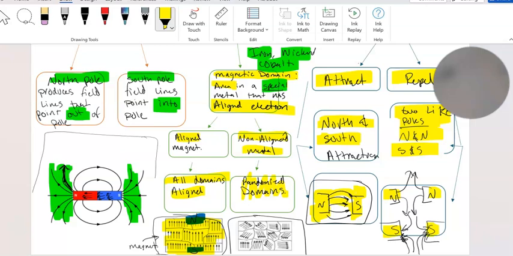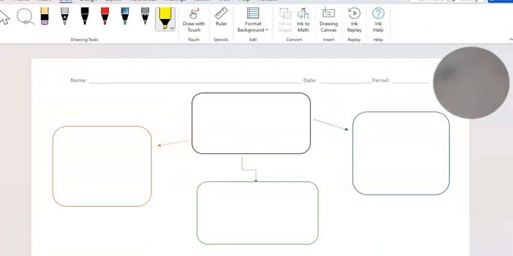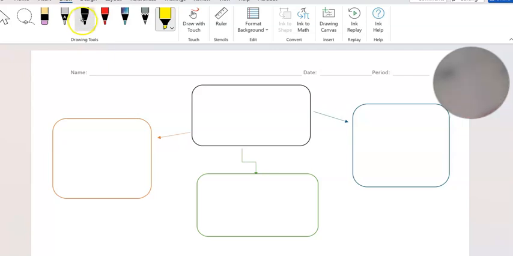So permanent magnets, ultimately, it's because of these magnetic domains that we can create permanent magnets. Meaning, as long as these metals are aligned, these electrons are moving in the same direction within the metal, then we have a permanent magnet. Now we can create temporary magnets. So this section here is showing you how to create a temporary magnet. Electromagnets is what we call a temporary magnet. So an electromagnet is a temporary magnet